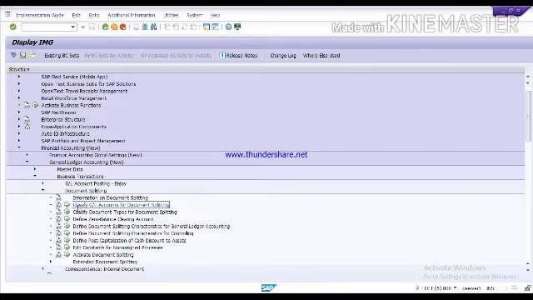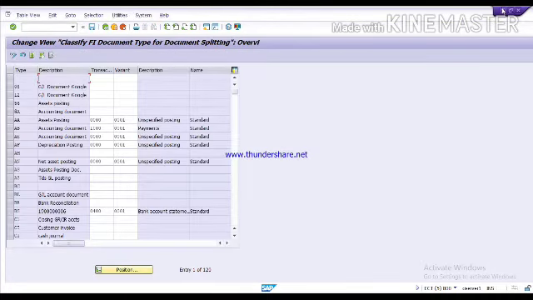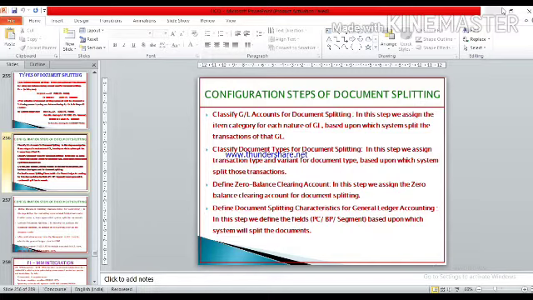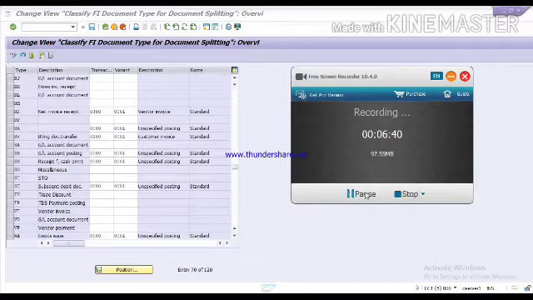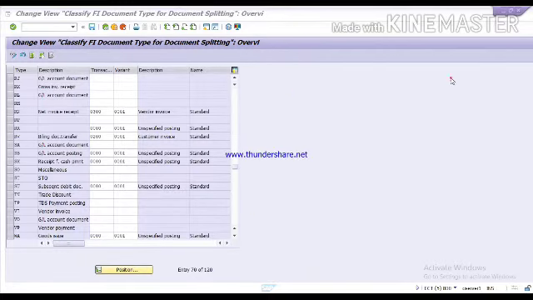Here the next step is classify document types for document splitting. Execute it. Friends, in this step, we will assign the transaction type and document variant with the document type.